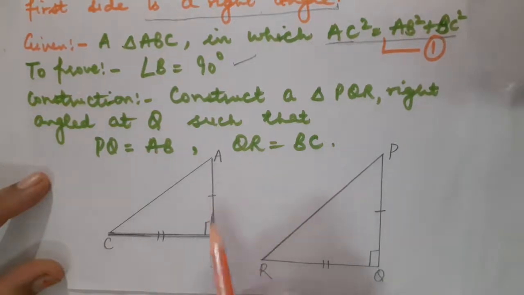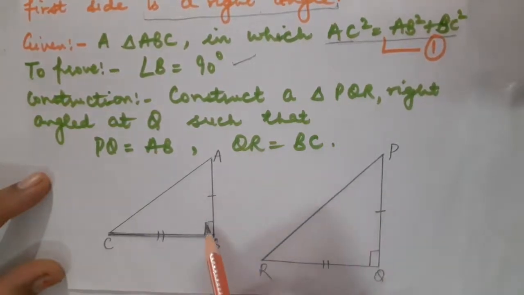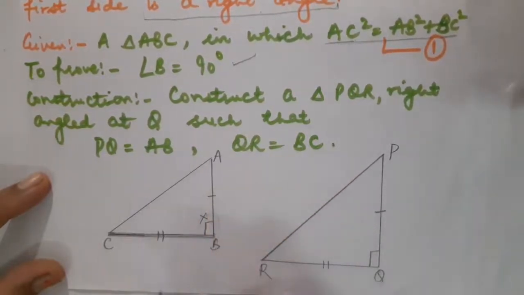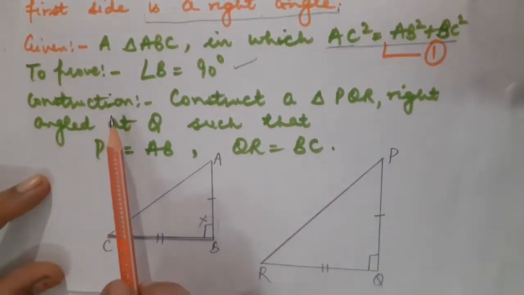This is triangle ABC. Here you don't think that 90 degree you will be having given. This is not given. You have to just draw a triangle, that is triangle ABC. Clear? Now, what was the part of the construction?